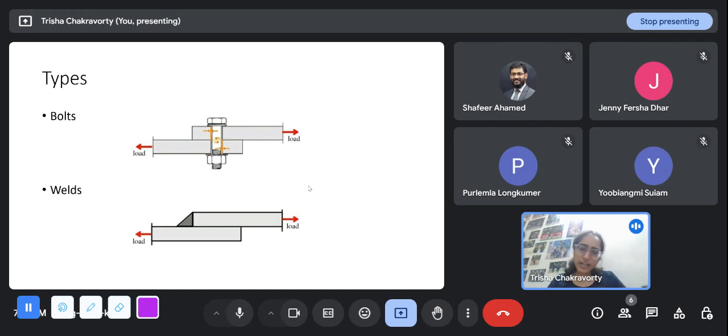So here we'll try to look at some of the details behind it, but we can't know everything, because the amount of research that has gone behind it is not really relevant here once you have a shortcut method to do it. That's why I was saying that bolts and welds are the ones that the IS code looks at. Bolts, you all must have seen bolts.